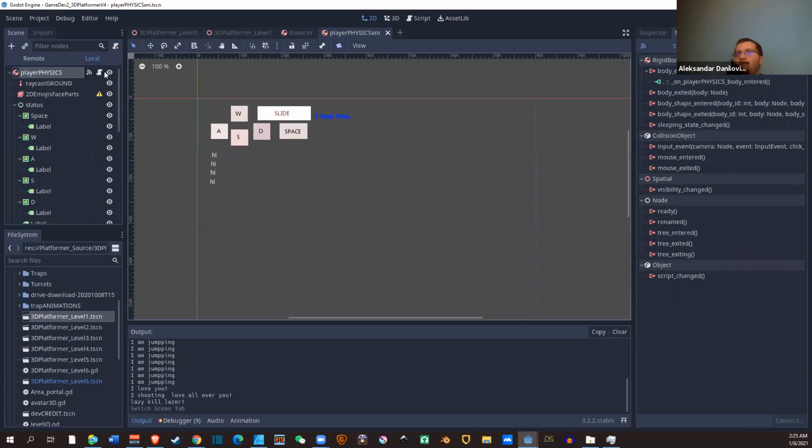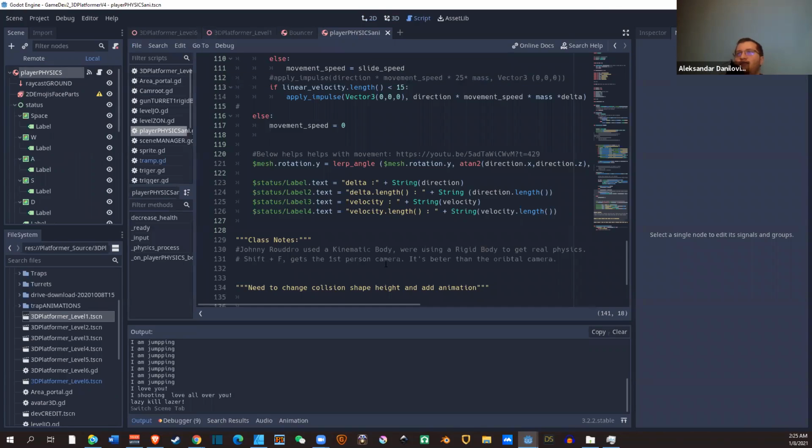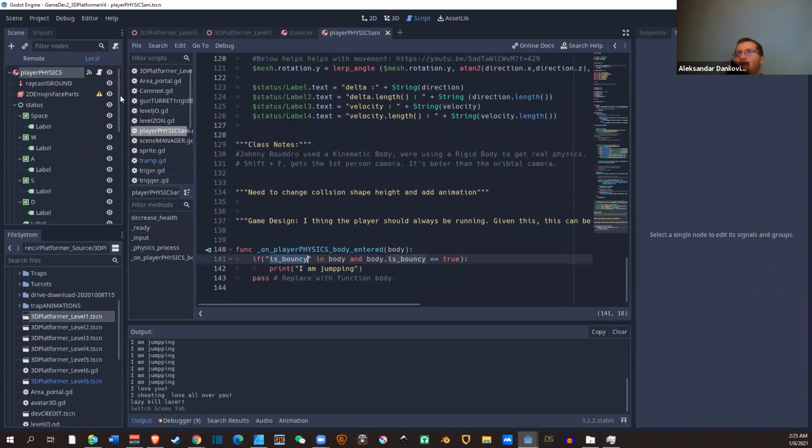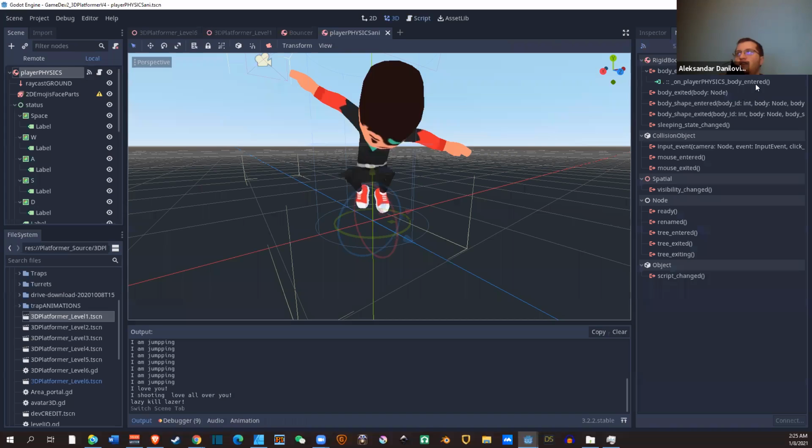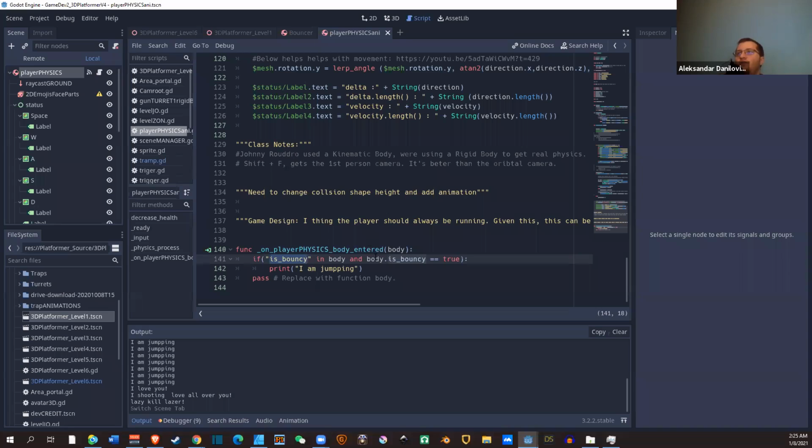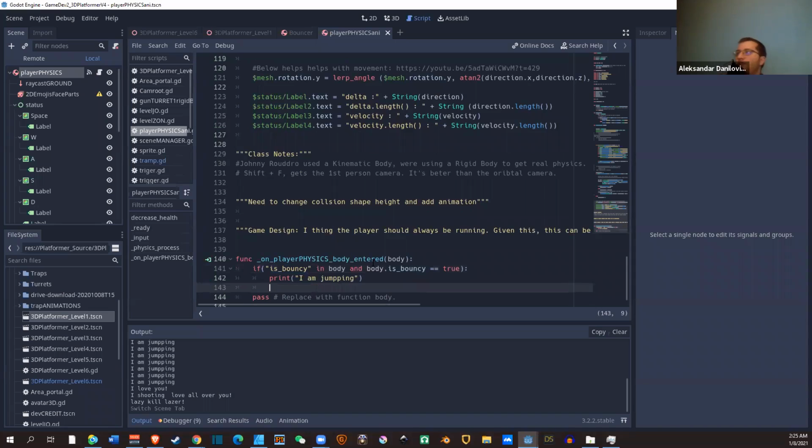Okay, so now let's review what we did. We attached a body entered signal onto the body itself, and we are detecting when we collide with any body. We're detecting if that body has this variable set. If it has, then we're going to consider that it is a bouncer, a trampoline, and we're going to apply an impulse,